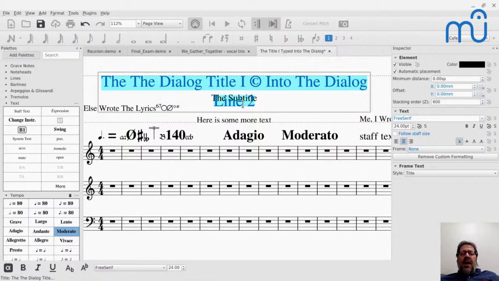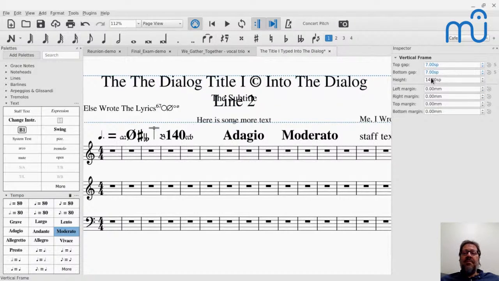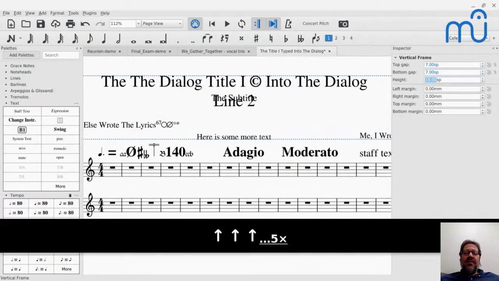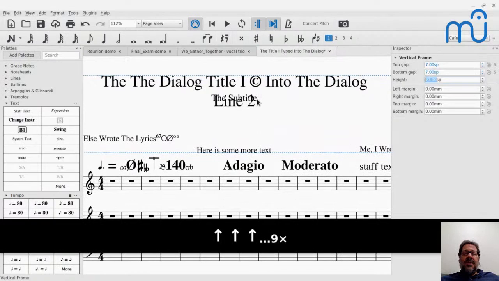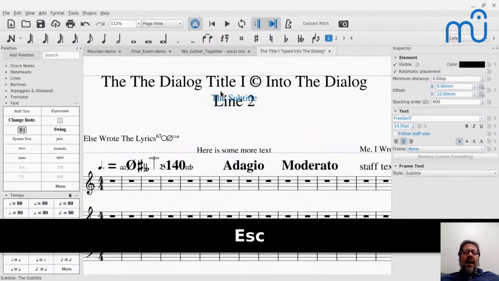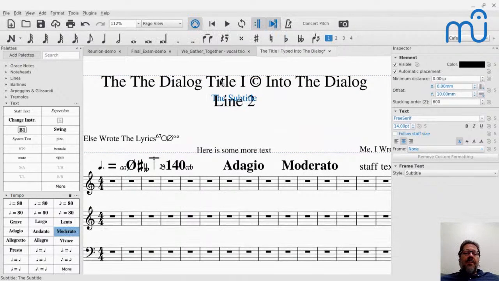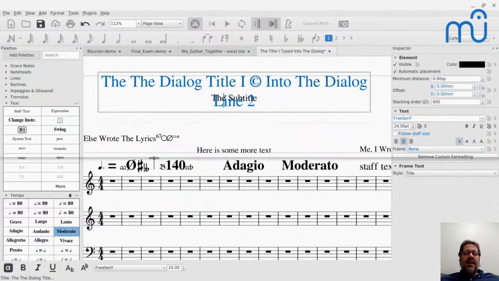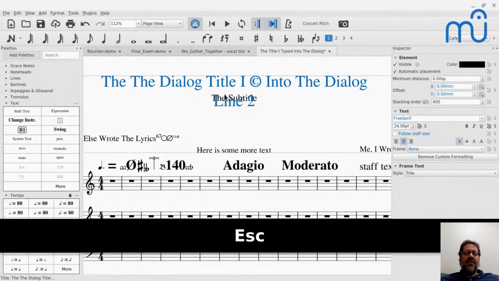So, coming soon will be control over the line spacing. Notice the spacing between those lines. Let me make that frame bigger so that we have a little more breathing room. Oh, by the way, here's another little trick. When you have overlapping items, if I click right here, it looks like it's trying to select the title.